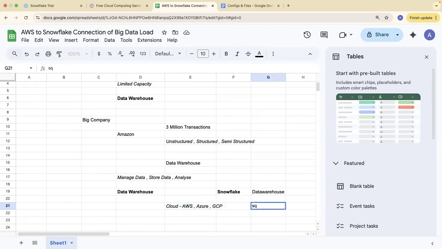So the good thing about a data warehouse is that if your data is coming in any of these three formats, it's fine. But once it is stored in the form of a table or a schema or a database inside your data warehouse, then you can easily query it with the help of SQL. So that is the basic idea of a data warehouse. See, there are multiple other things that you need to understand about data warehouses, but I cannot complete everything in this session. So that's why I'm just giving you a brief idea.